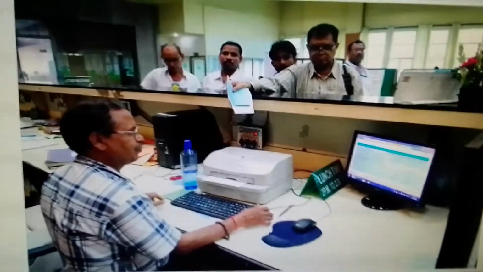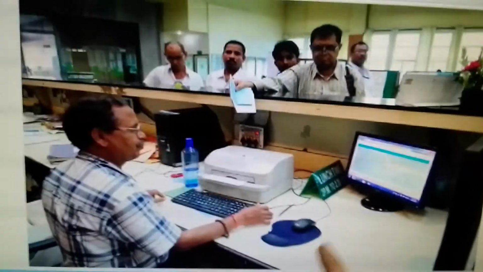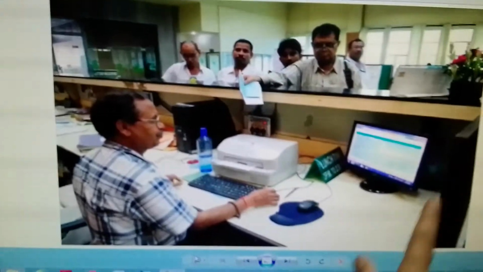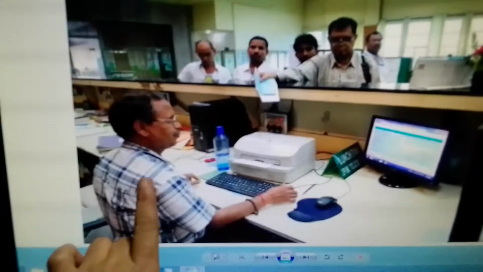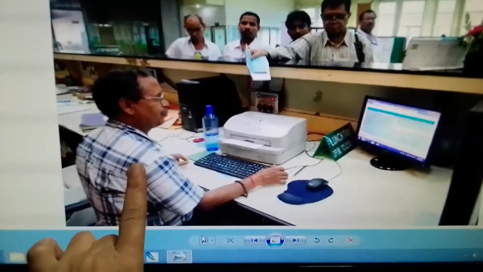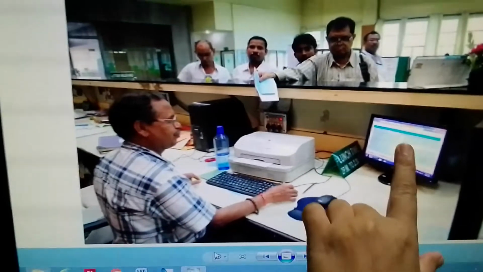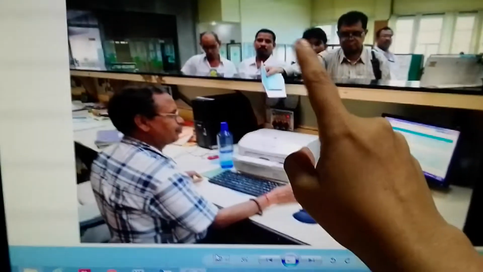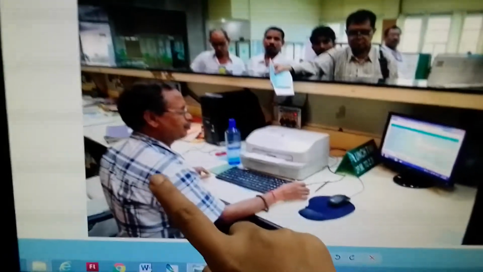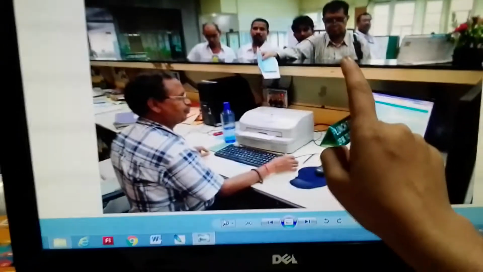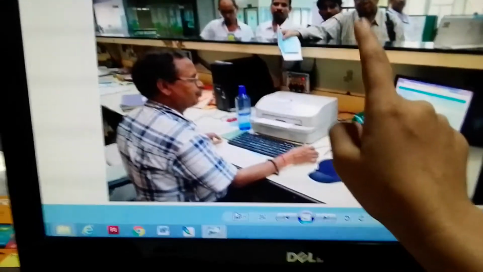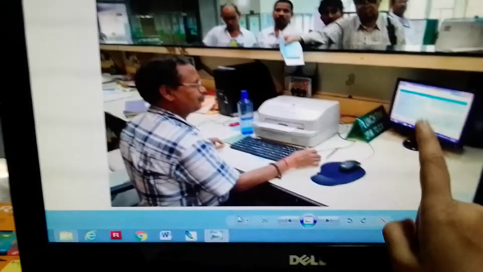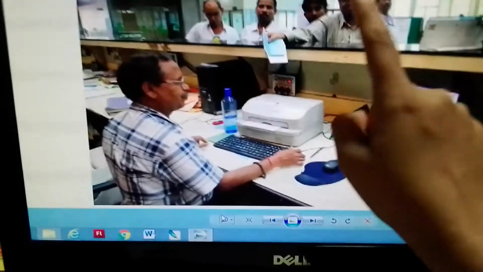Okay, so this is a picture in front of you all. This is a picture of a bank. Okay, so what do we see in this picture? This person is a bank employee or a bank person. This is his computer. So what he is doing? These are customers of the bank. So as this bank person attends customers one by one, he opens their details on his computer. So computers in bank are used to store customer details.